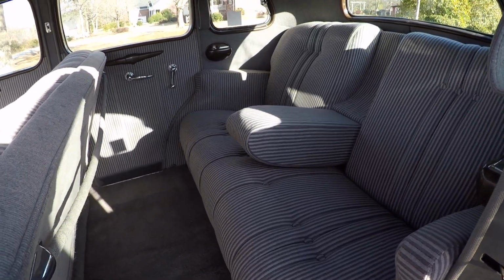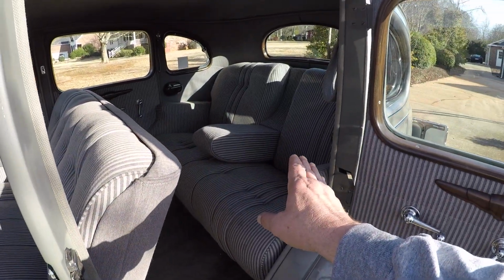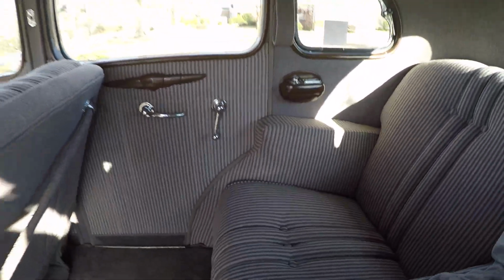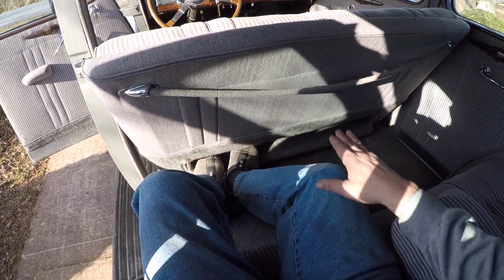You know, folks who bought these cars back in the day, oftentimes they didn't buy them to sit up here. They bought them to sit back here because they had a driver, and I'm going to go ahead and get in the back. I'm 6'2" and have a pretty good weight to me, and look at how much room I have. There's hardly a car you could buy today